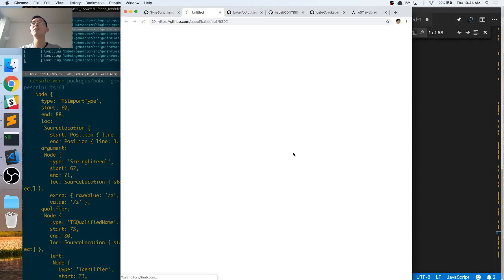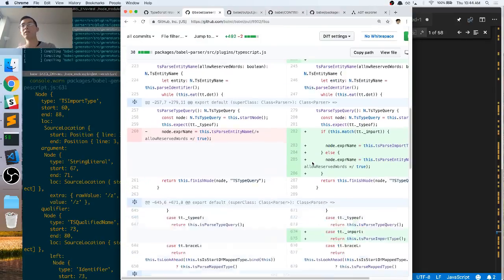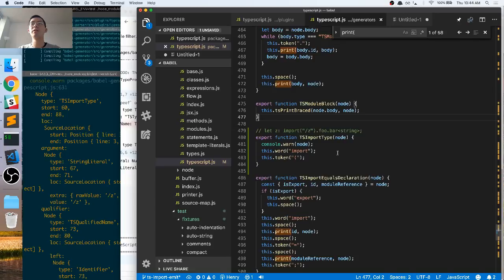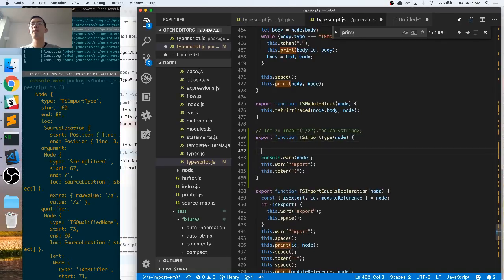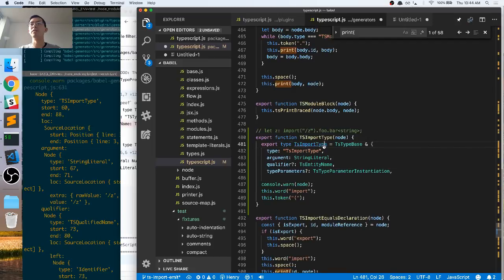So that type information part actually is useful for what we're doing. Okay, so this part, right? We know that there's an argument qualifier and type parameters. So if we go back here, we're not going to use all this, but